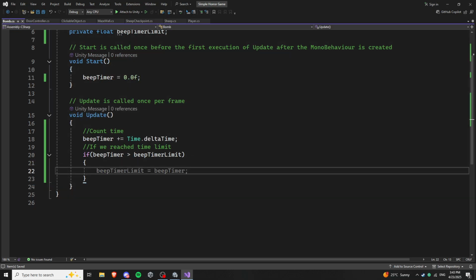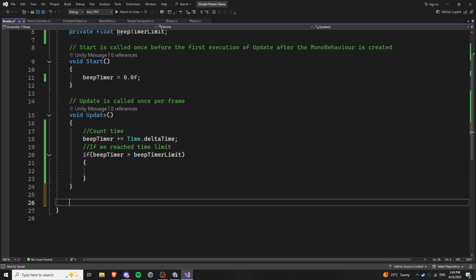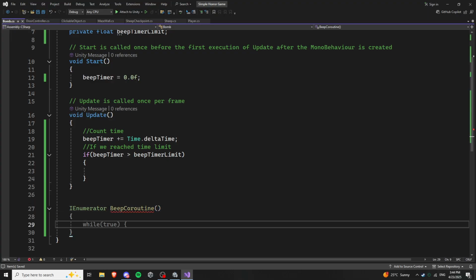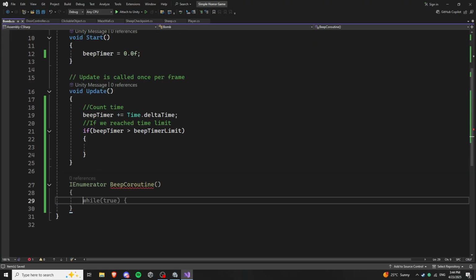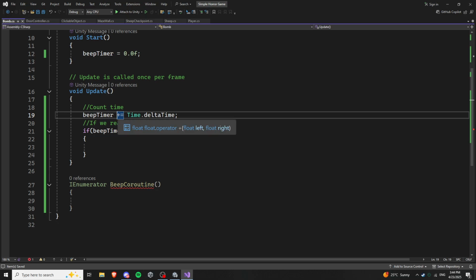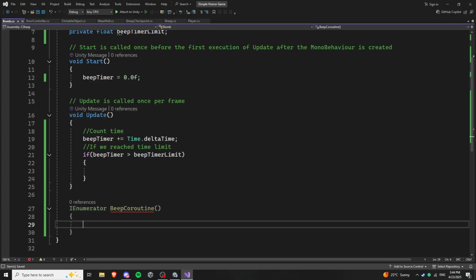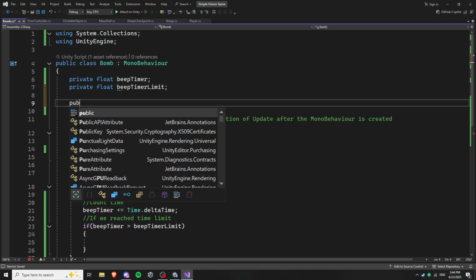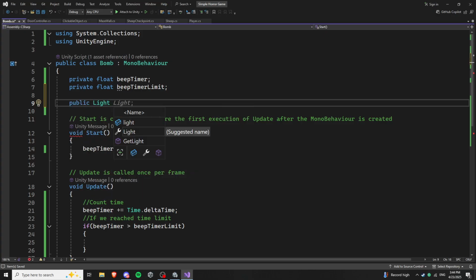But because we want to change the intensity of the light, we have to use a coroutine. So let's do that here. So first we want to change the lighting, but we do not have it here. So let's say public light red light,